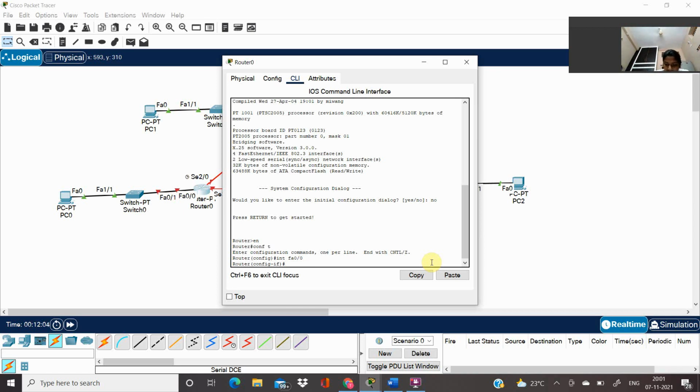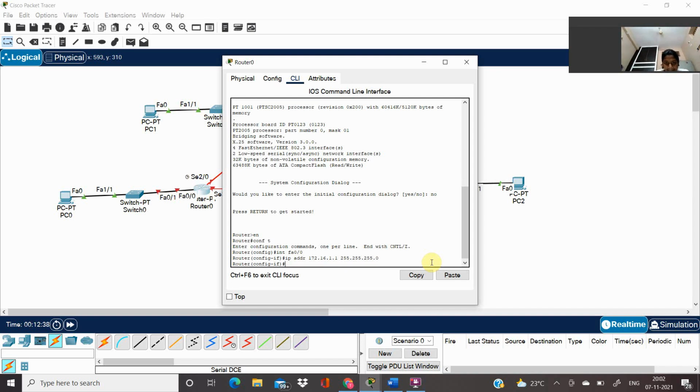Then we are giving our IP address, 172.16.1.1, and our subnet mask as 255.255.255.0, and then I'm going to give no shutdown.